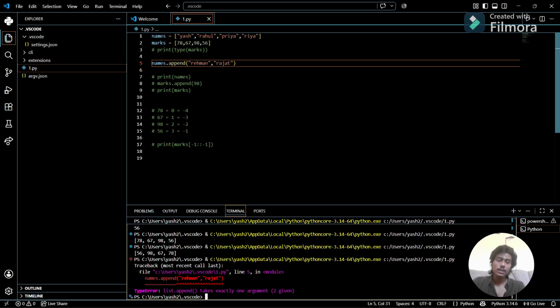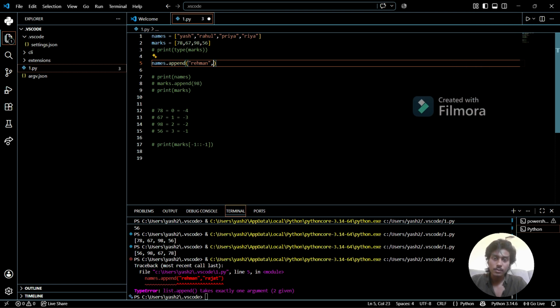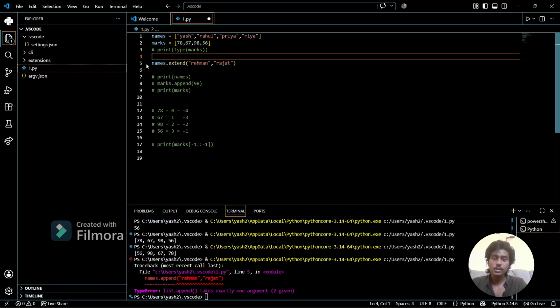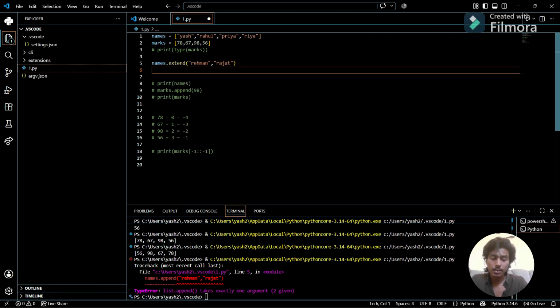So for this the built-in function we use is the extend function. So I can use here names dot extend, and then Rahman, and then Rajat also. So now there will be no error if I am using extend here. So I can remove this append, and if I print the names, and you can see,